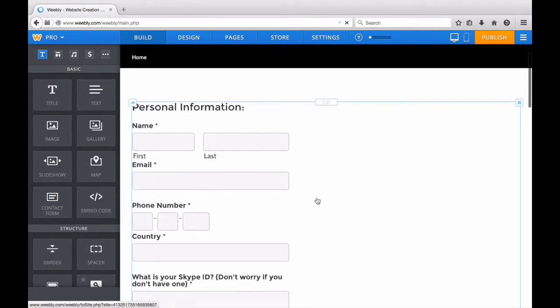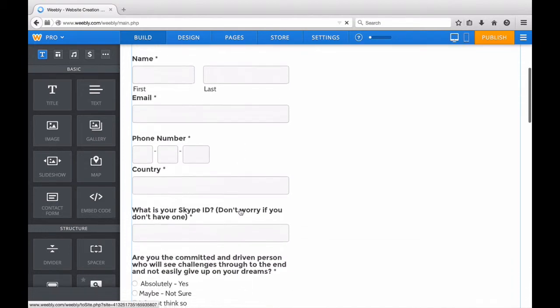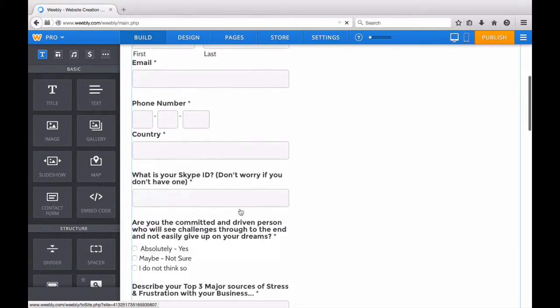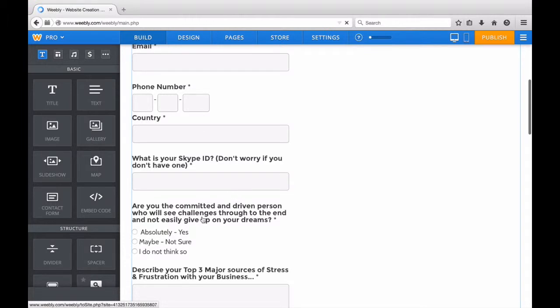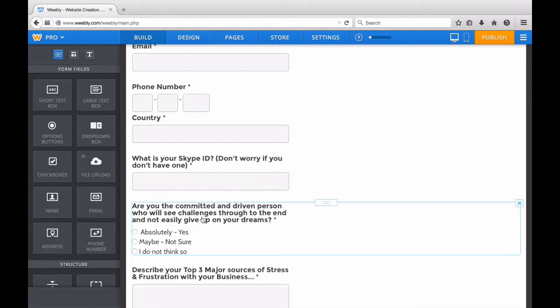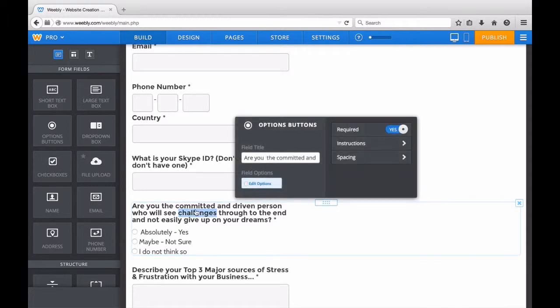All right, so we've already gotten past all of these parts of the form. And we got to this part right here. So I'm going to double click on that. Basically this part of the form is the options button. So as we did before, we click on it and simply drag it over here to the middle. And to edit it, I'm going to double click like we've done on the other forms and